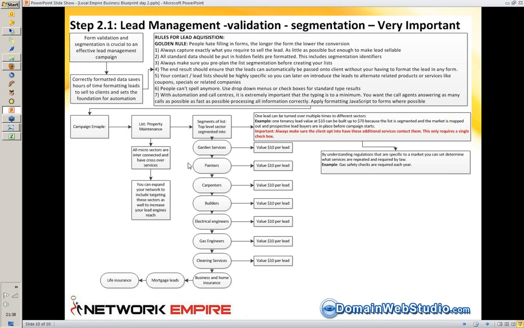So for example, we're doing end of tenancy, and we're going to look at end of tenancy cleaning today. I just looked at it, and there's a lot of search, and there's some really nice numbers there. What would happen with the end of tenancy cleaning? You get cleaners in, but typically, if the cleaners come in, they might need painters, they might need to get the garden sorted out, they might need to get electrical checks done, especially if it's a rental property, and the gas engineers. So that one lead that you're getting $8 for, $5 for, whatever it is, now essentially you can